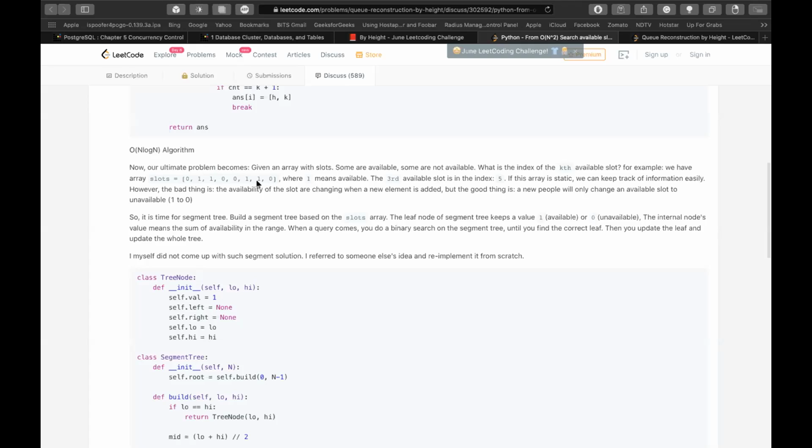For the next query, it becomes the cumulative sum. So basically, the index for which the cumulative sum is equal, that is where I put the height. And I can get this cumulative sum using the segment tree. Yeah.